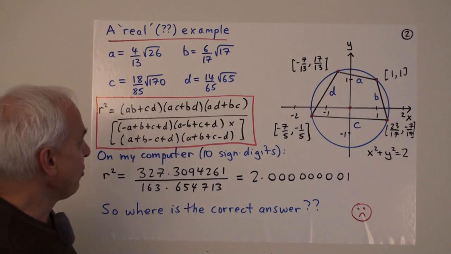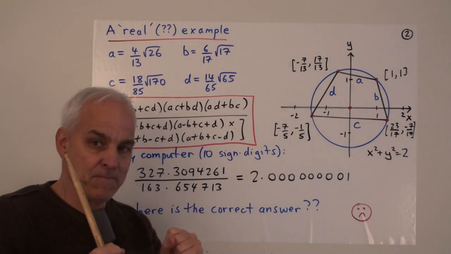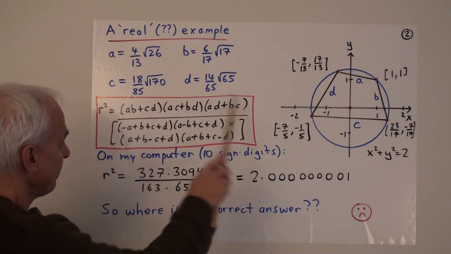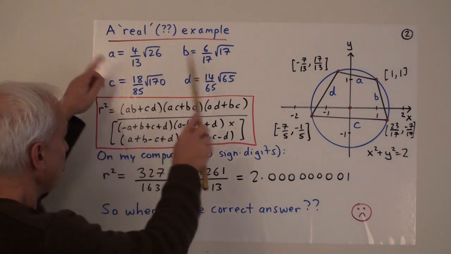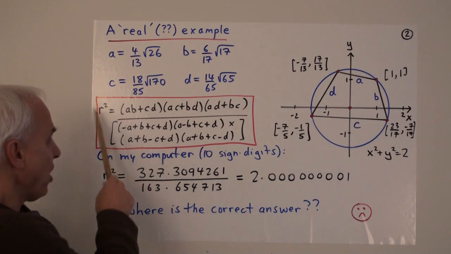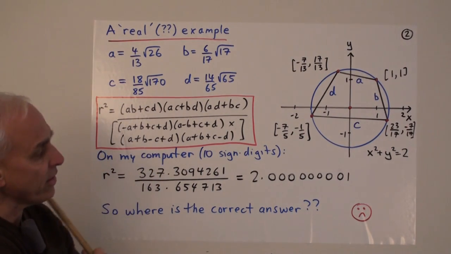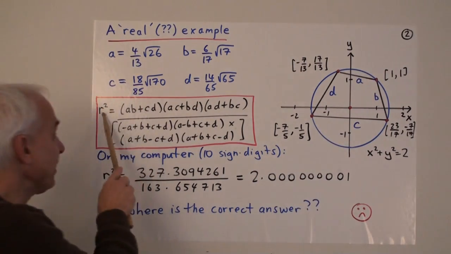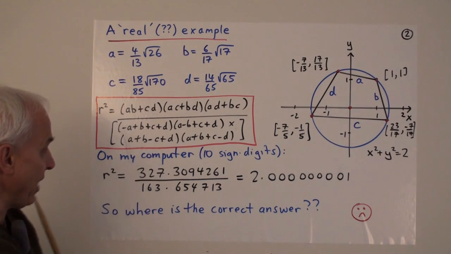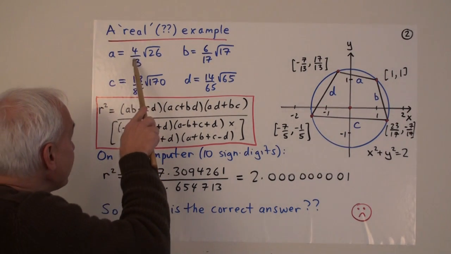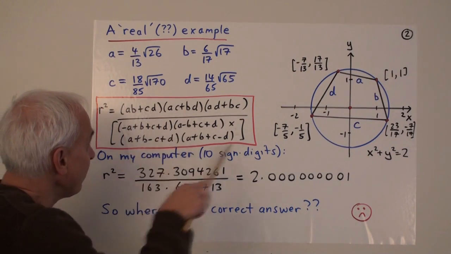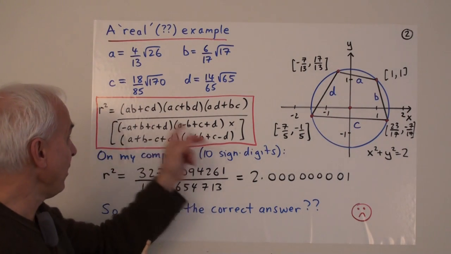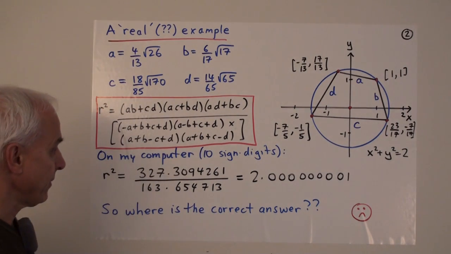Okay, so if we wanted to play the standard game and verify Parameshvara's formula, well, here it is again. Now, r squared, the numerator there, the denominator, all in terms of a, b, c, and d. Now, what is r in this case? Well, r is the square root of 2, the radius. R squared, conveniently, is 2. Okay, that's good, that's at least rational. So the claim is that if we replace little a, b, c, and d in this big formula with all of these things and make the calculation, then at the end we get 2. So does it work?